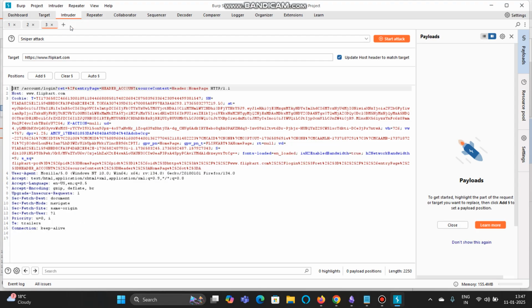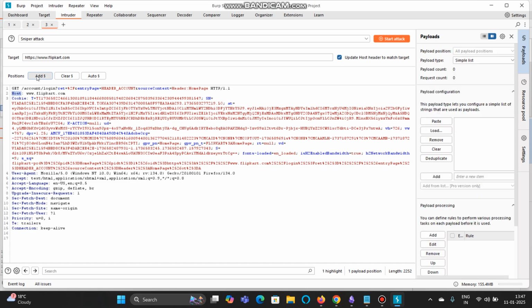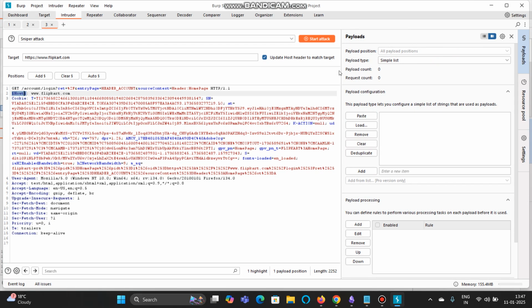So let's leave it. Yeah, look, here is an account login, and I want to modify it, or I want to add a payload to the host. So we'll add this $ sign, and then you can use it. Look, the payload position will be null, guys. We won't be using any payload position because we have already used here the